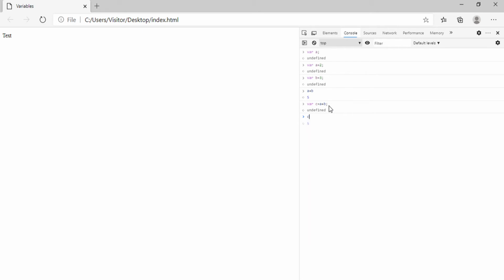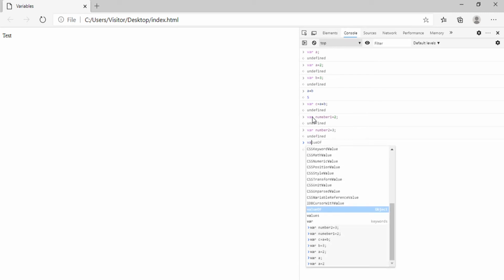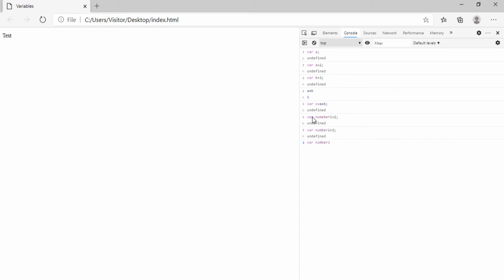and when this c is equal to 5, if I create this variable, for example, number1 is equal to 2, and this variable number2 is equal to 3, and if I create a new variable with number3 is equal to number1 plus number2, and then run,